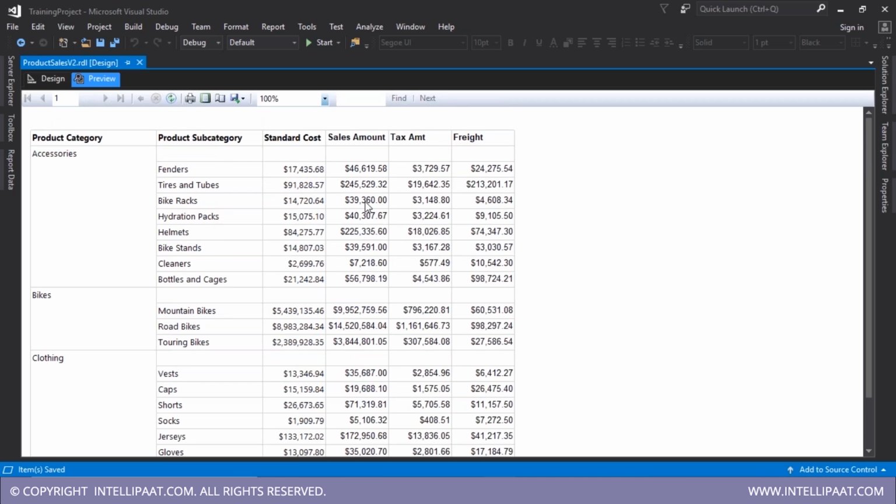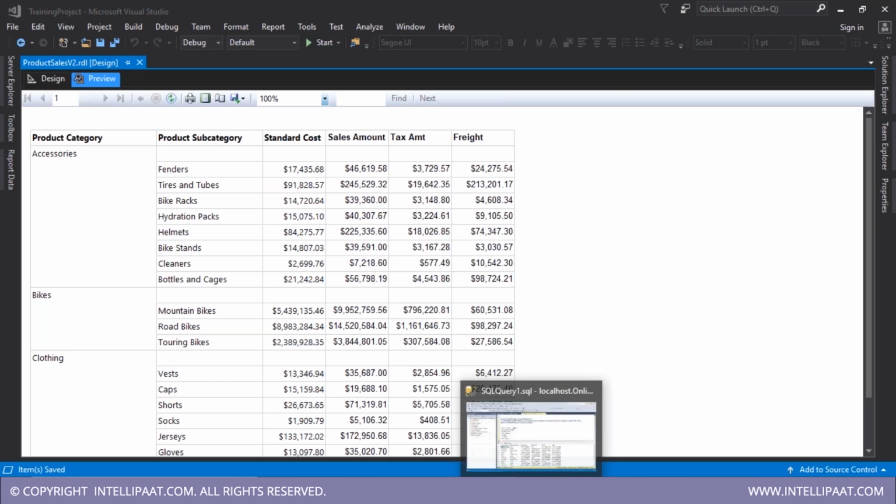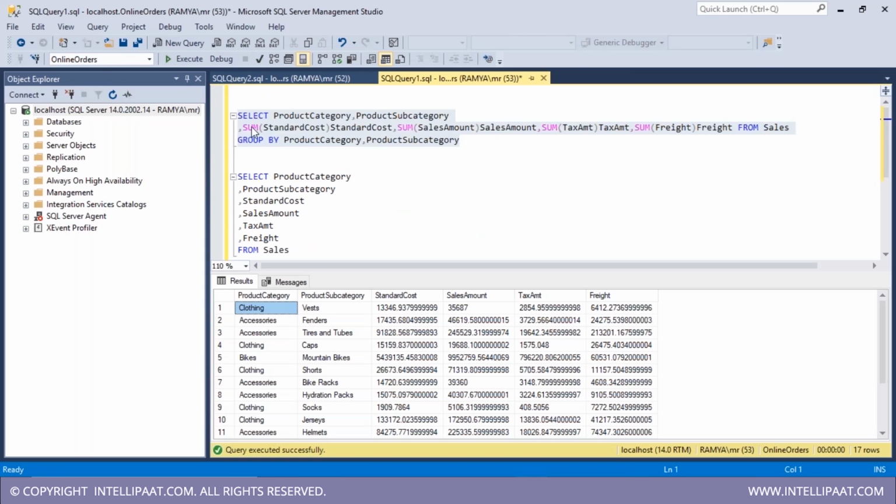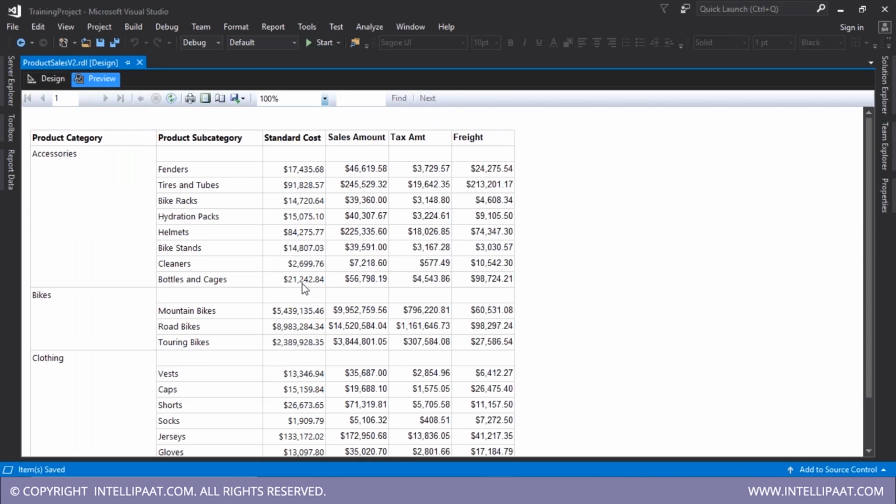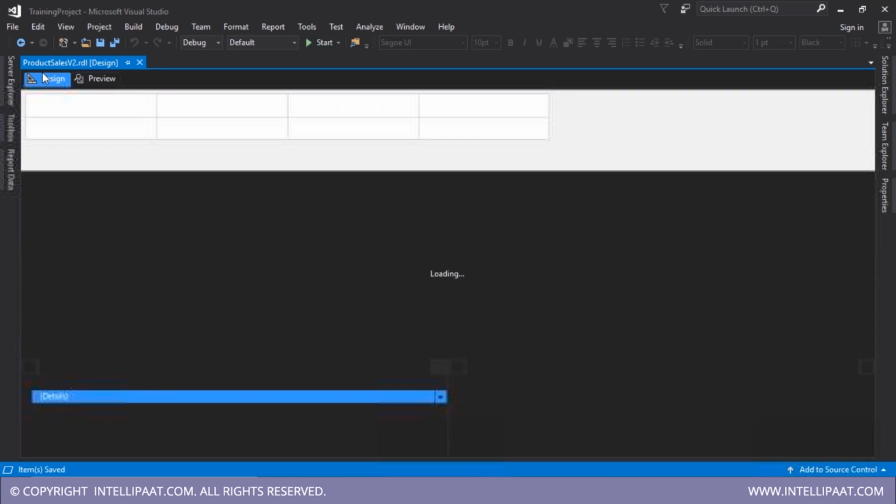Now here you see these are the total values, right? Why are they total values? Remember, because you already aggregated them in the query. So these are total values at subcategory level. Now I want totals at category level. So what I can do is